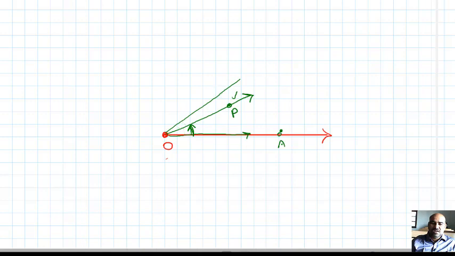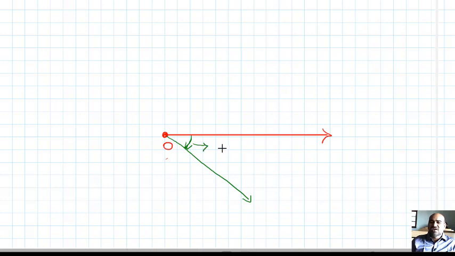Sometimes, listen students, I want to rotate this way: this is the fixed ray, this is our terminal ray, and my rotation is in the clockwise direction. In this case, the angle is treated as negative, minus 30 degrees or minus 40 degrees or minus pi by 3 radians, like that. If the rotation is in the clockwise direction, the angle is treated as negative. If the rotation is anti-clockwise, the angle is measured as positive. Okay, this is about angle.